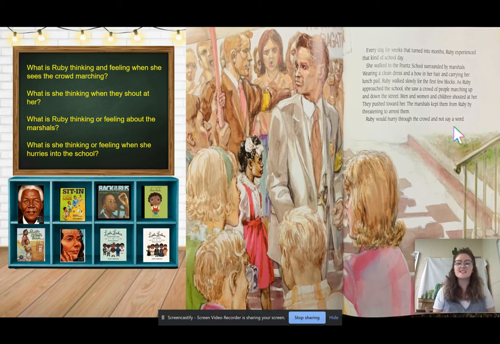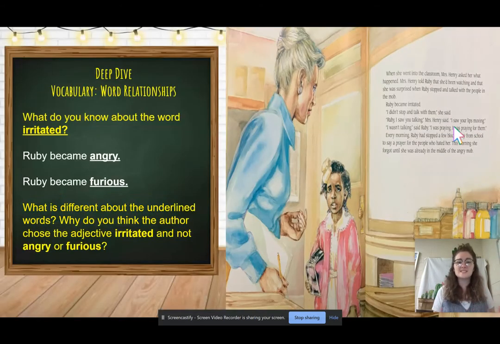But remember, it says that she wanted to cry, but she would stay brave, that she would keep being brave. So there was probably a relief, but she was probably also feeling sadness, right? Sad about people yelling at her, pushing toward her, trying to hurt her. So Smarties, we are not only just thinking about our escape, we need to think about what our characters are experiencing and feeling. All right, Smarties, and let's wrap up this lesson with a deep dive.